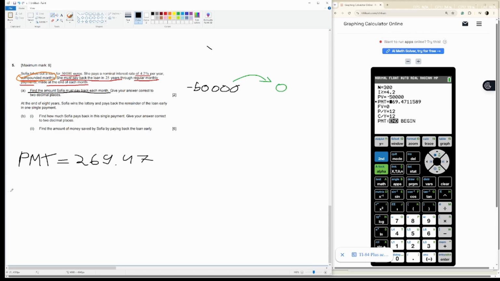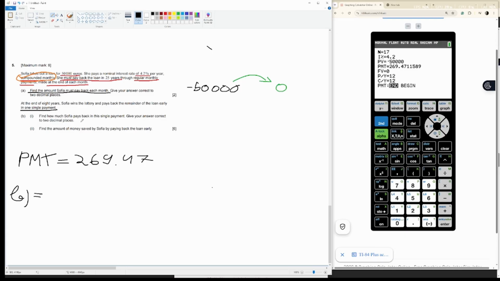So for B, it said that at the end of 8 years, Sophia wins the lottery and pays back the remainder of the loan early in a single payment. Find how much Sophia pays back in the single payment. So at the end of 8 years, the payments made were 8 times 12, which is 96. Now we calculate the future value of how much she had left to pay, and that is worth